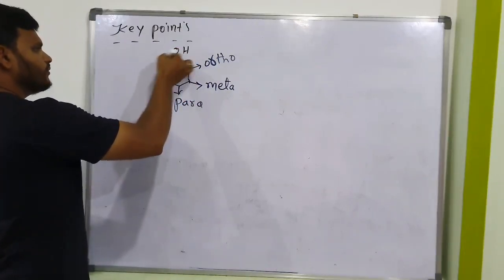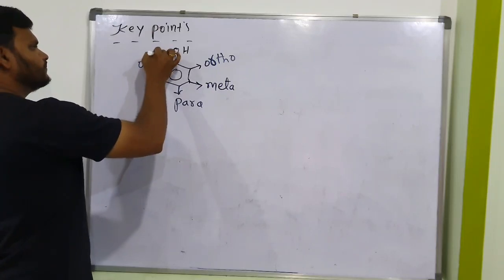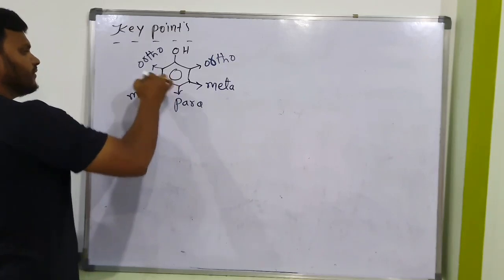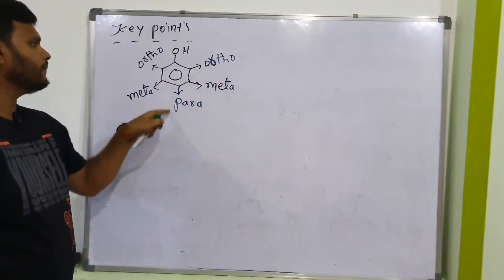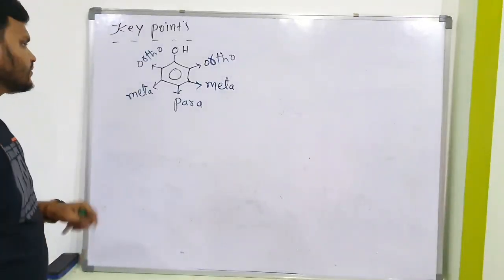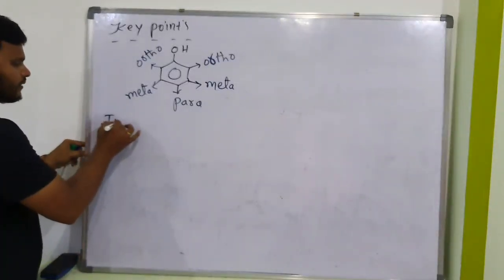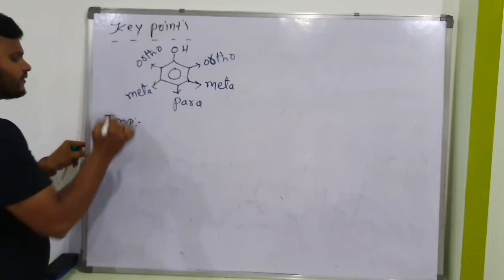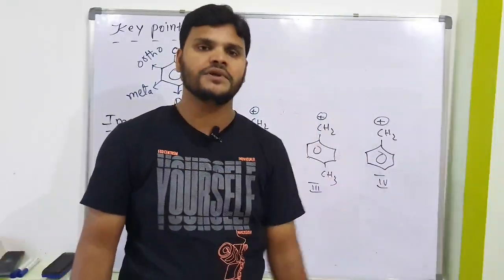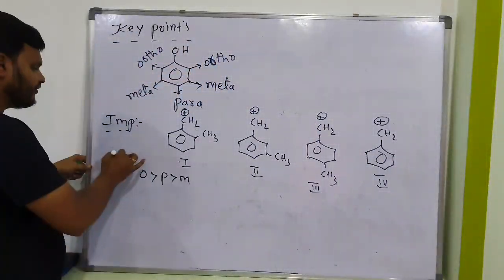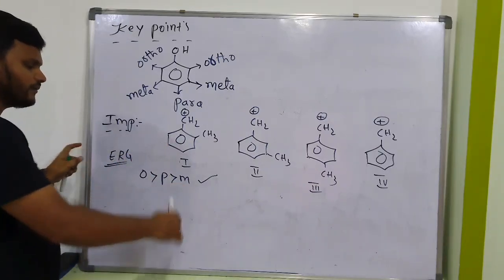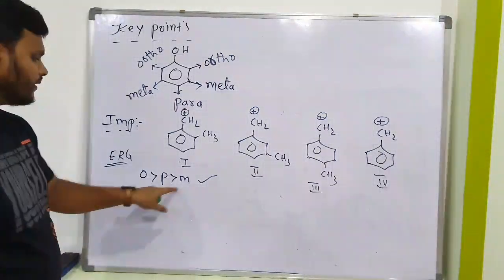Same logic. Functional group attached carbon acts as ortho. Ortho attached carbon acts as meta. Next one acts as para. So OMP, ortho meta para. Is it clear? Okay. So here, the main important point: sometimes they are going to ask like this: out of 4, which is more stable and what is the correct stability order? So if an electron releasing group is attached, then you have to follow this order: OPM, ortho para meta, ortho